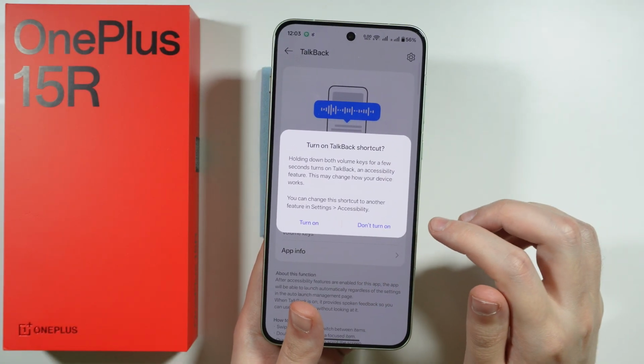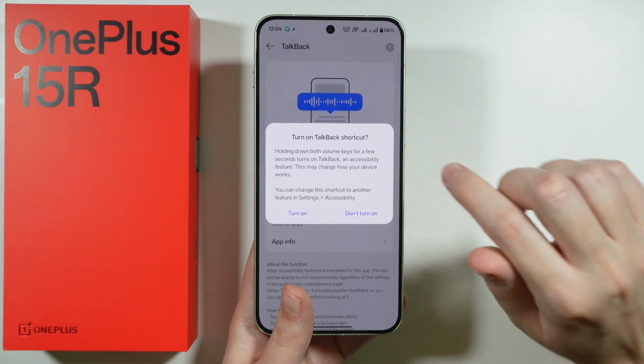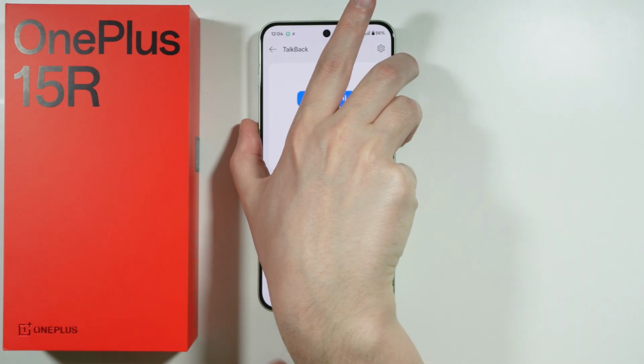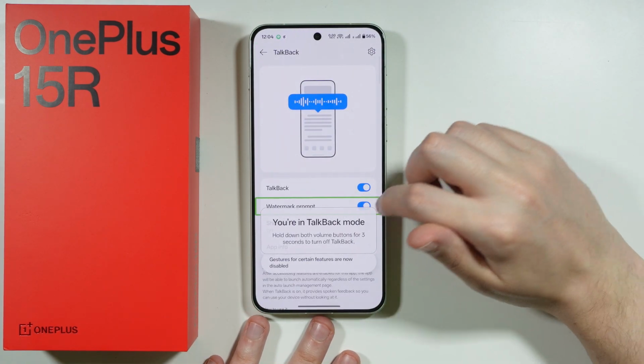And of course, if you see the shortcut for the TalkBack, you can of course not turn it on if you don't need it. There we go. Now, on the other hand, if you don't have this prompt or it doesn't work for you,